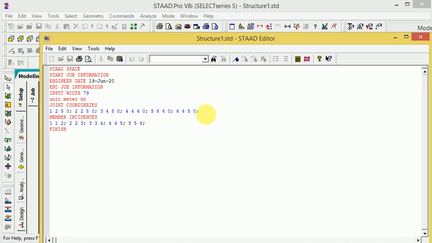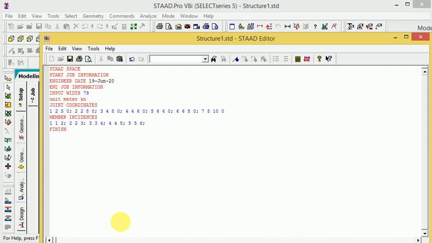If you add any node, I think 7 and 8, and again I will click the 8 and 7 incidence, again I click the 10, right, 10 and 0.